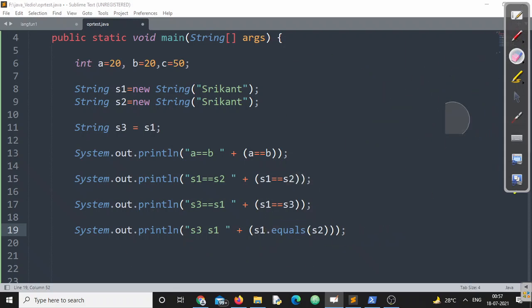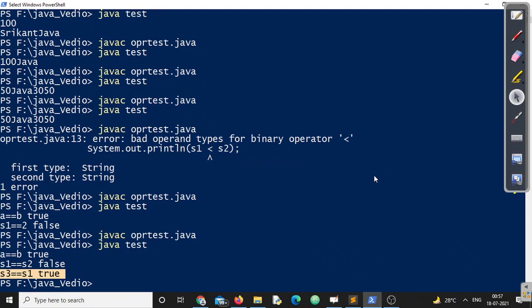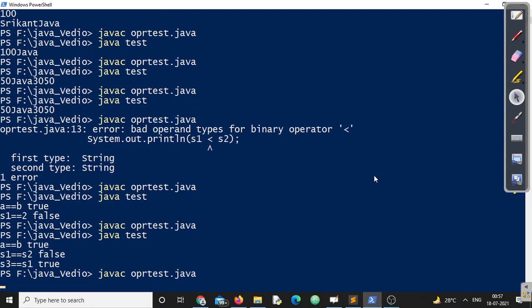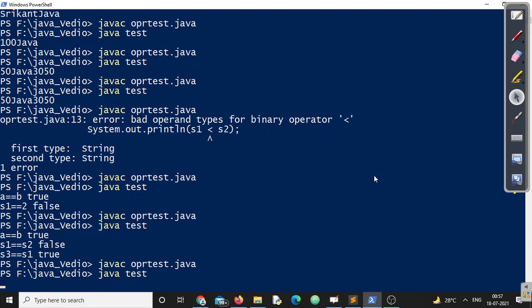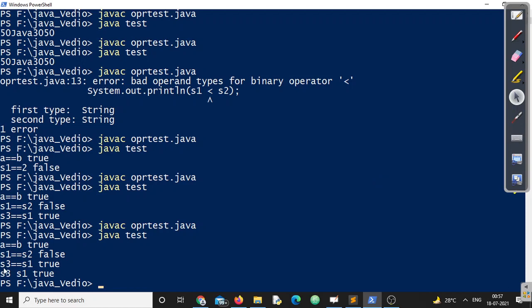So whenever you are going to compare the content, the only option is equals. If you are comparing the memory address, the only option is the comparison operator, right? Code compiles fine. Let me check. See, in the previous one, S3 equals to S1 is true. Now, if I am comparing the value of S3 and S1, it will be again true, right?